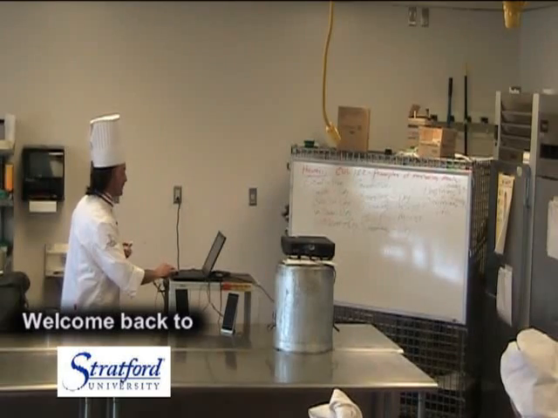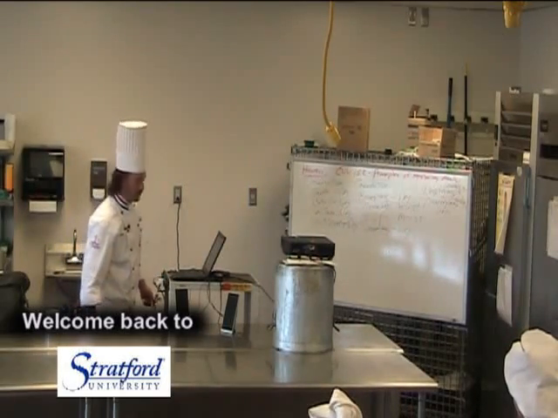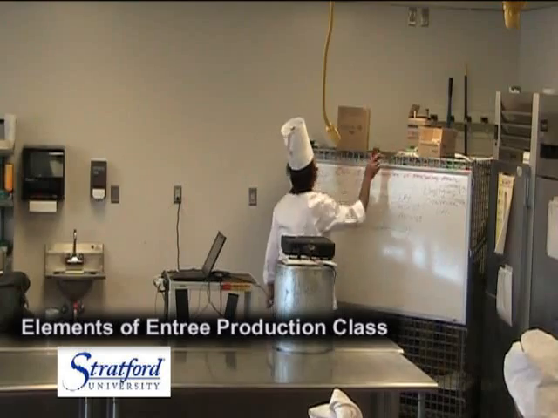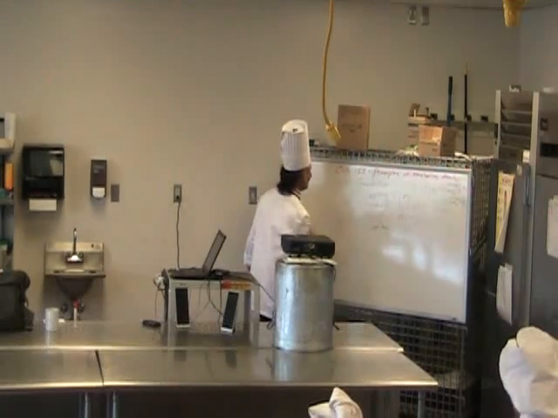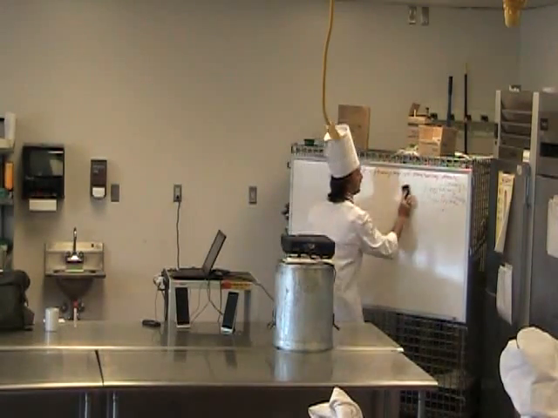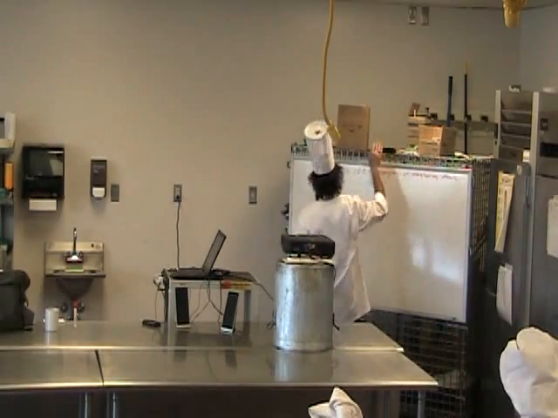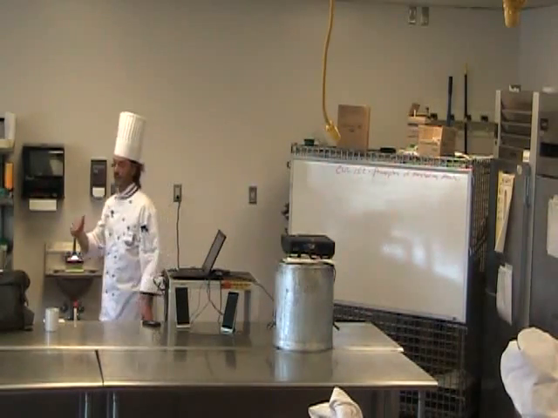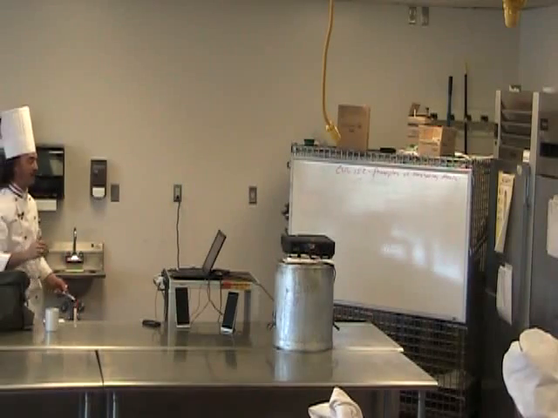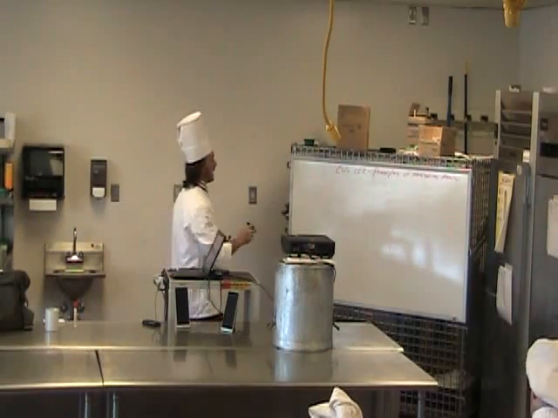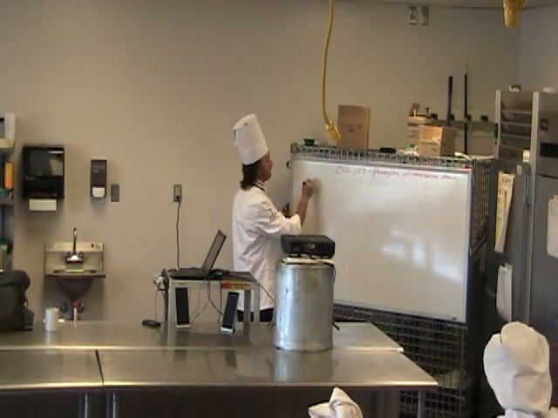So now that we know the difference between different types of cooking processes, let's talk about the progression of temperatures. What happens when we apply heat to food? The first thing that happens when you apply heat to food is at 150 degrees,